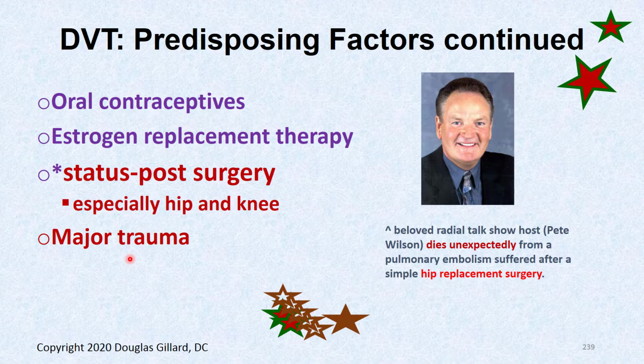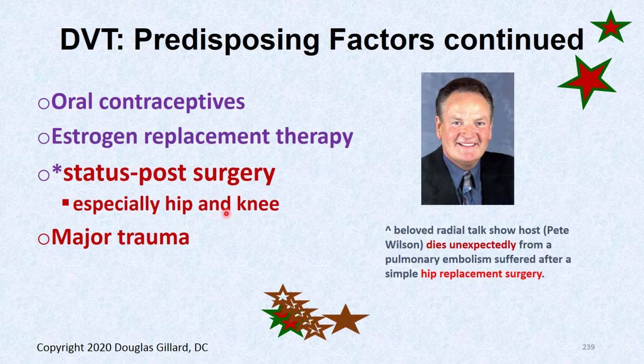Major trauma, especially surgeries. This is kind of the star of this slide for right now, but surgeries, especially hip and knee surgery, are quite dangerous. It stimulates the endothelial cell damage from all the blood vessels getting cut. They release prothrombogenic molecules. Those endothelial cells get mad, and it can cause big blood clots in the area, and